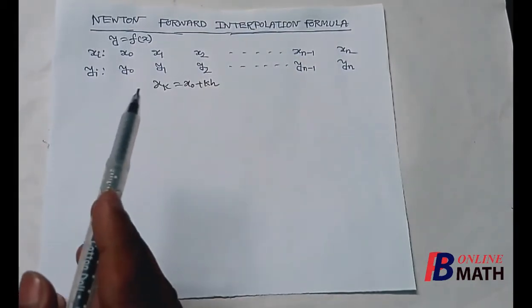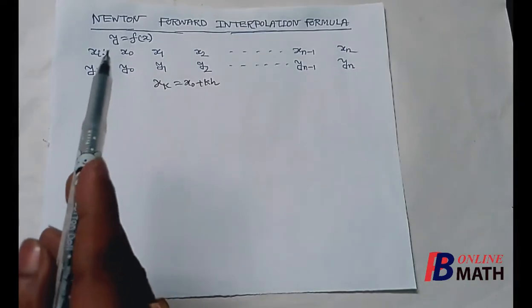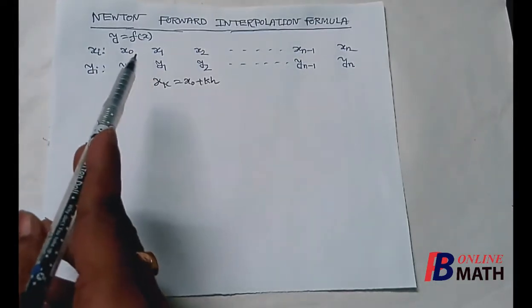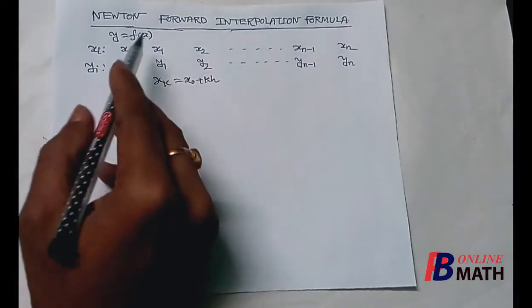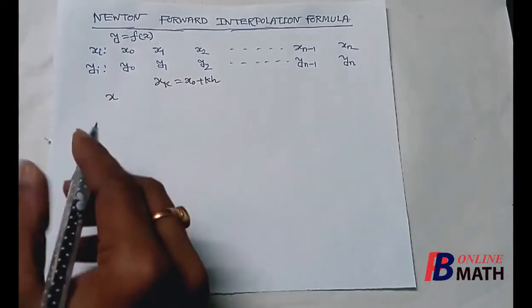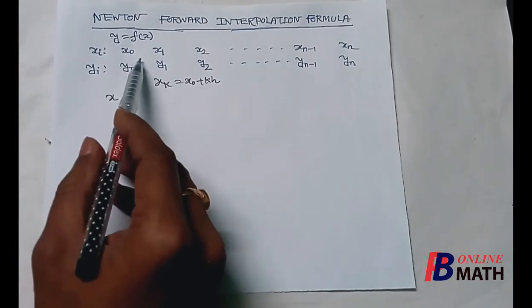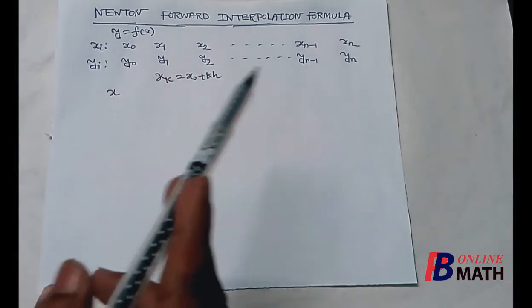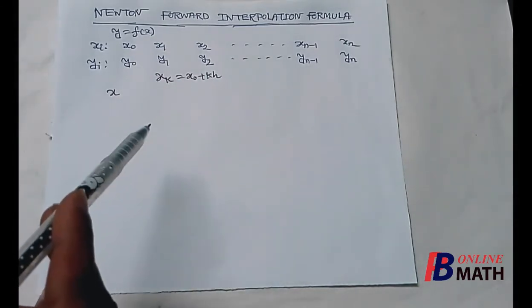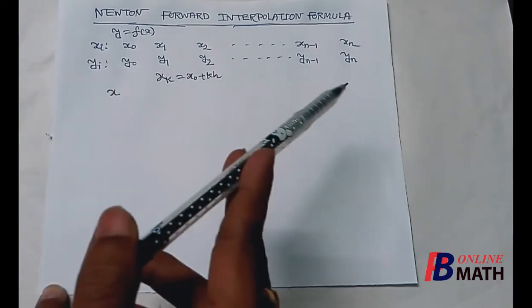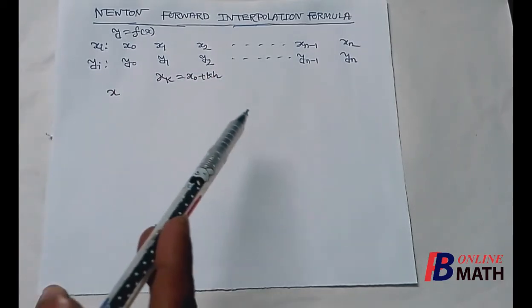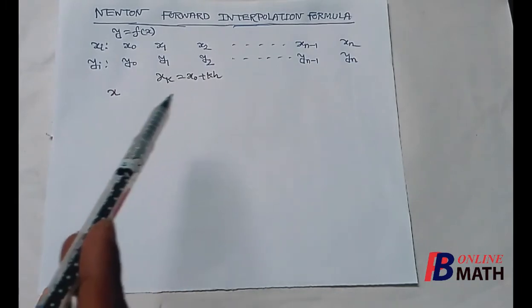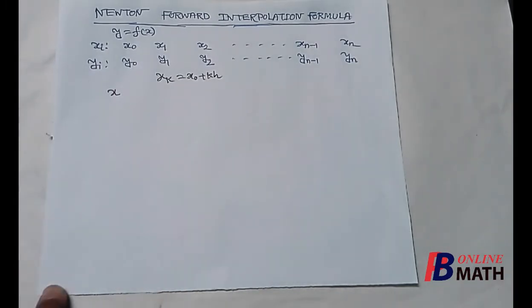Now we shall use Newton's forward interpolation formula when the functional value of f(x) is required at the start of the table. So suppose the value of this function at the point x is required where x lies very close to x0. Now in Newton's forward interpolation formula, we first construct a polynomial that satisfies all these values, and with the help of this polynomial we can find the value of the function at the point x. So in Newton's interpolation formula, we need to construct a polynomial.